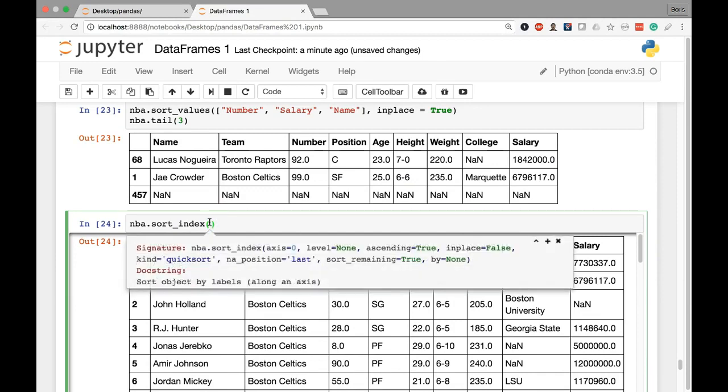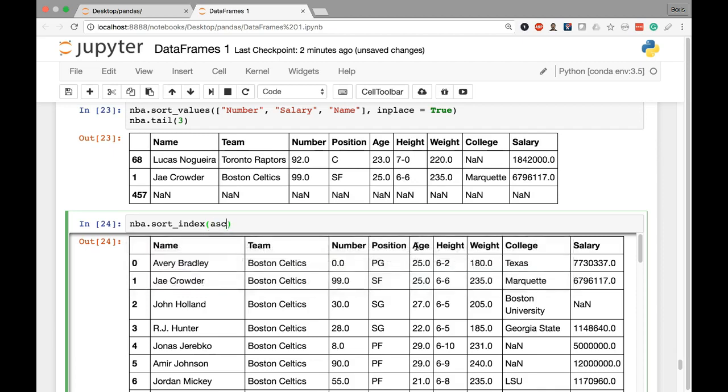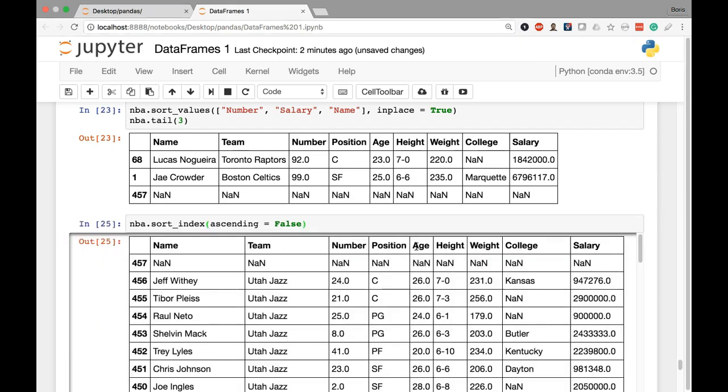We can see as well, if I click into those parentheses and use my Shift Tab, I can see that the ascending argument here is set to True by default. If I want to sort the index in reverse order, or descending order, which is greatest to lowest, I can just change the argument from True to False for ascending. And now we have our data frame sorted in reverse index order,